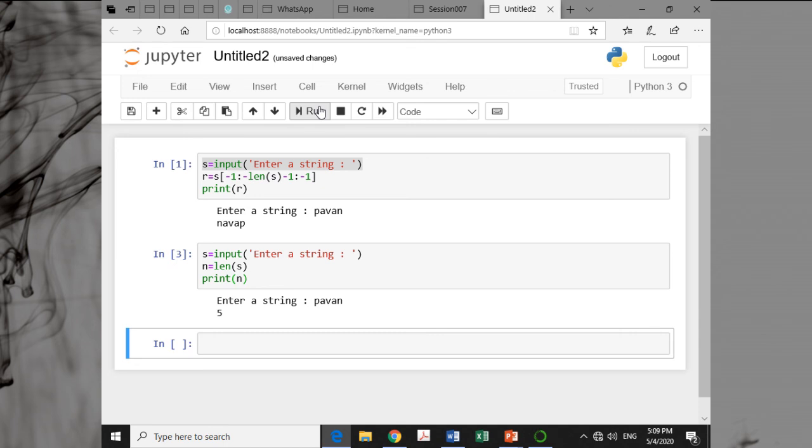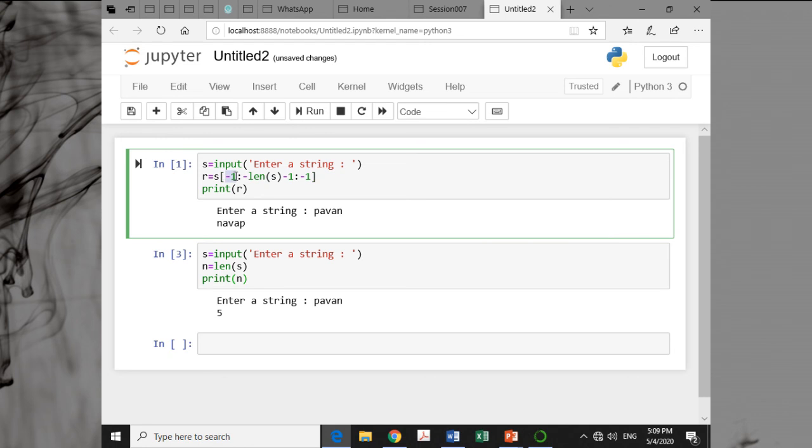Now, what is your last character? Your last character is minus 1. And what is your first character? If your last character is minus 1, your first character is minus 5, that is minus len s.